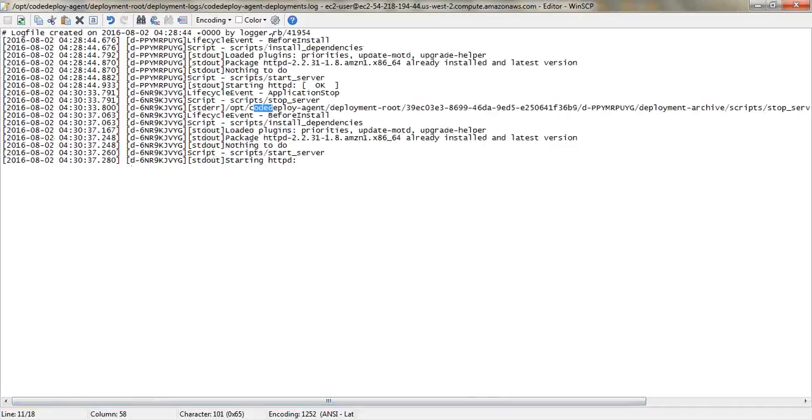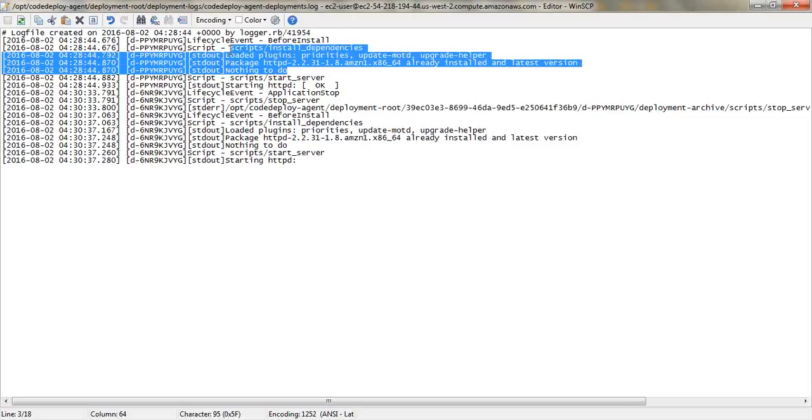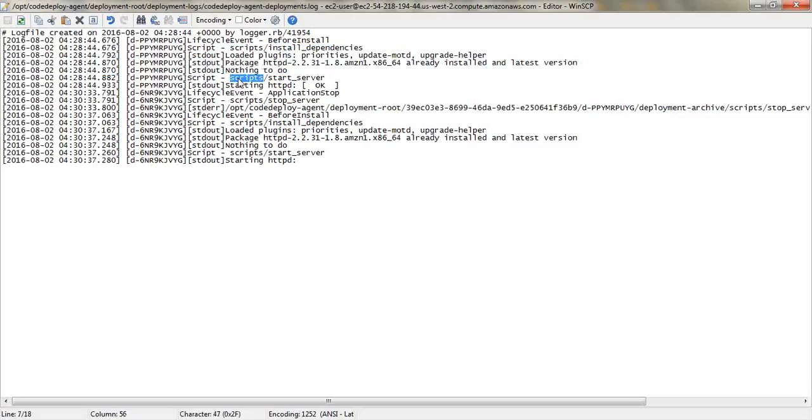Okay, so here first it is checking the dependency before install. So it is checking the dependencies, install dependencies. If the server is not installed, it will install and it will start. Okay, next it is stopping the server, and again it is running the before installation instructions, and then it is starting the server. Okay,